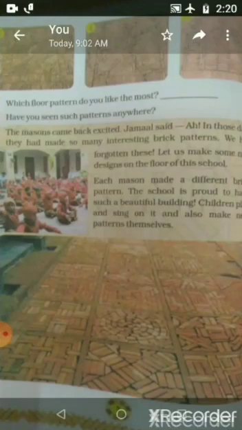Different patterns and designs have also been made by arranging them, as shown in the picture over here. You can see the different patterns and designs made by the mason on the floor over here. They have been arranged in circular way, triangular way, rectangular way, and in many different kinds to make the different patterns and designs. This arrangement of the bricks is done on floors, on walls of the building, and many other places.